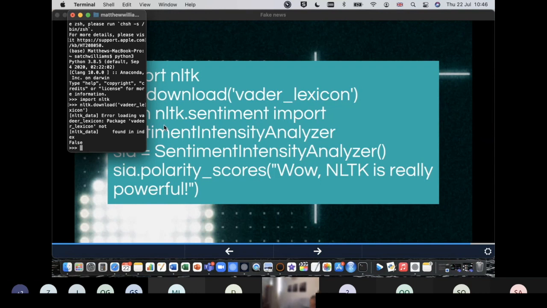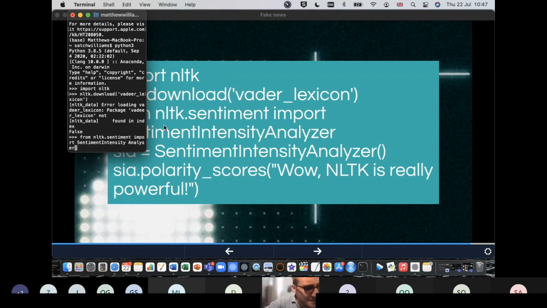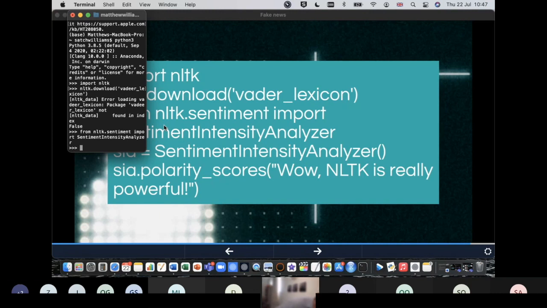Okay, and then we need to do from nltk.sentiment import SentimentIntensityAnalyzer. Oh no, it's with a Z and there's no space. Okay, there we go. And then SIA, SentimentIntensityAnalyzer,